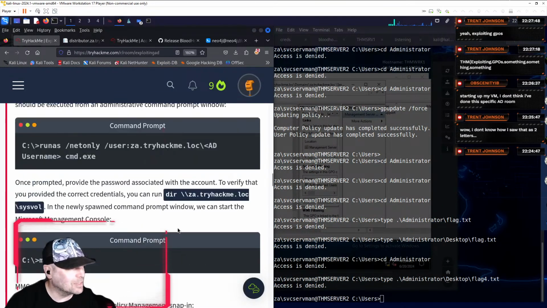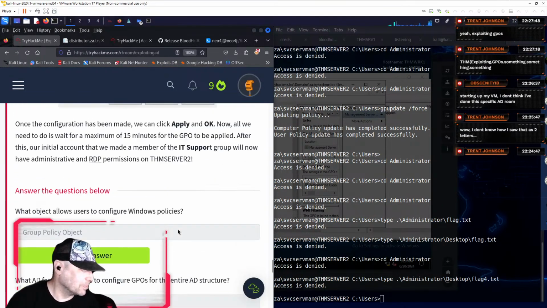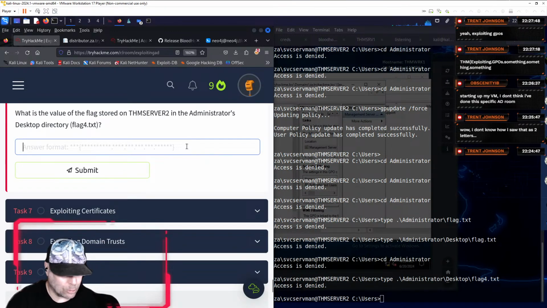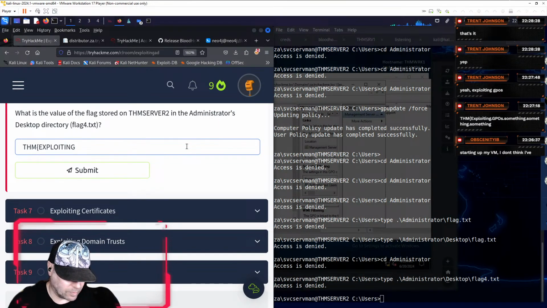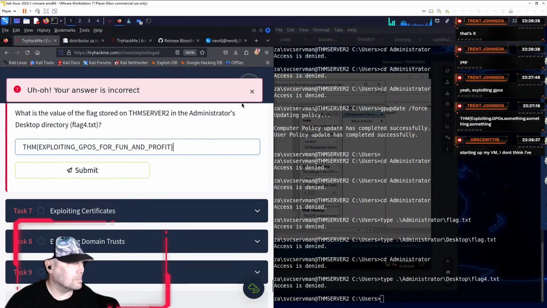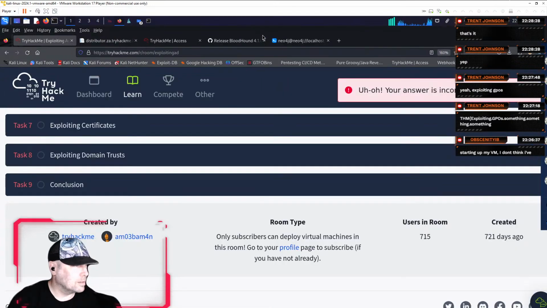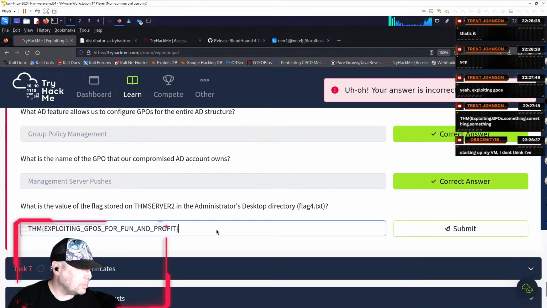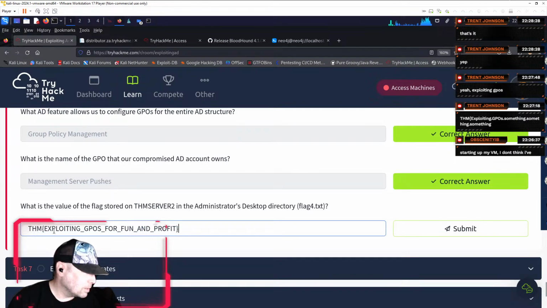See, there's always another way in. I'm gonna be so upset if this is not correct. Oh, come on. No, it's gotta be correct. What did I do wrong? Exploiting GPOs.